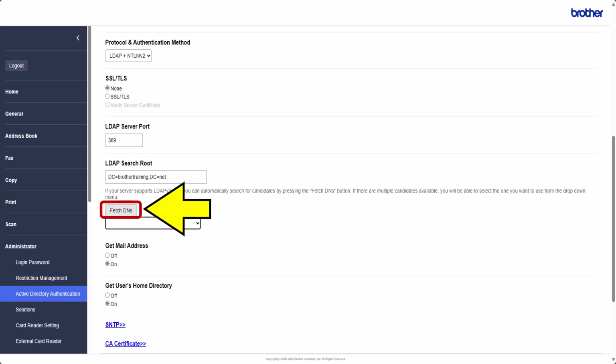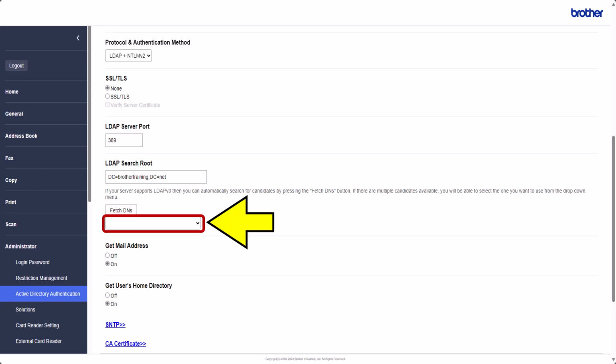Select Fetch DNs here. Once the server has returned the result, you will see them listed in the field below. Select from the drop-down to see all the options. Generally, the first option is the one you need to select, but this will depend on the setup of your server.